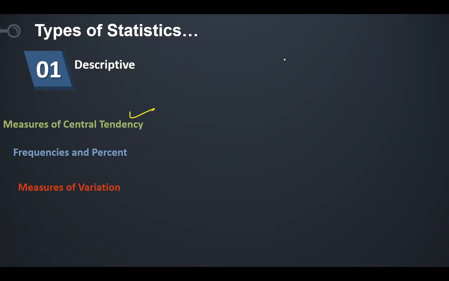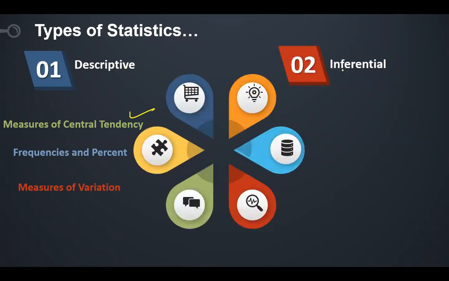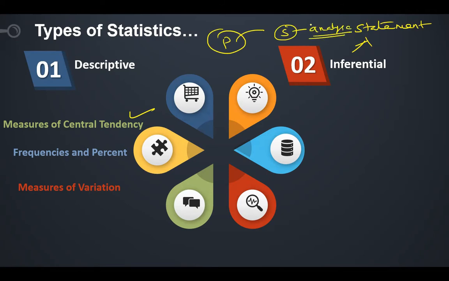Now, the important point we are going to study is inferential statistics. What is an inference? It is nothing but a statement. We are going to say something about the population. Suppose there is a population. I take a sample from it and analyze the sample. Then I tell something about the population. By analyzing the sample, I will predict or describe the population. That is called inferential statistics.